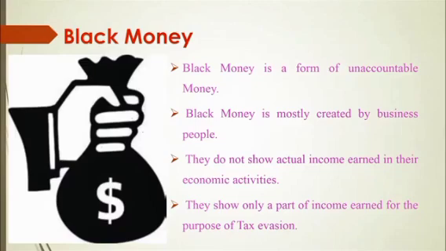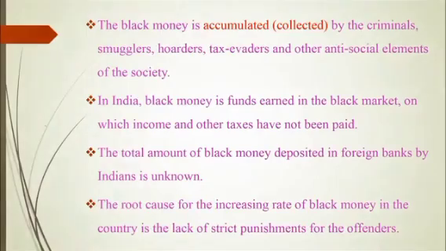Black money is money earned through any illegal activity controlled by country regulations. Then, black money proceeds are usually received in cash from underground economic activity and as such are not taxed. The black money is accumulated. Here accumulated means collected. So the black money is collected by the criminals, smugglers, hoarders, tax evaders and other anti-social